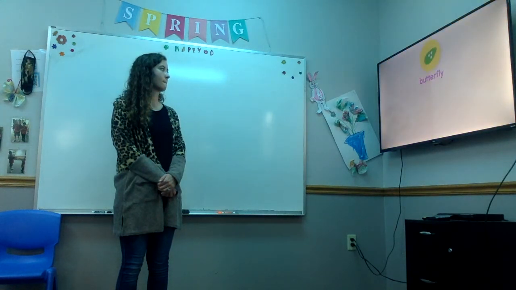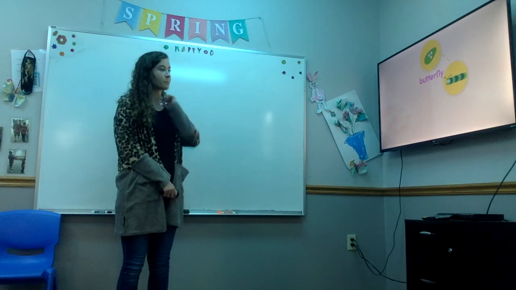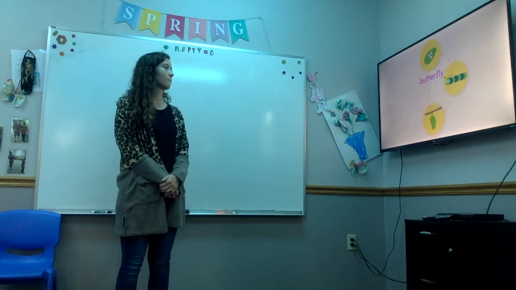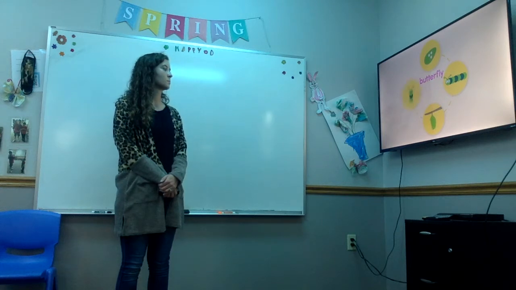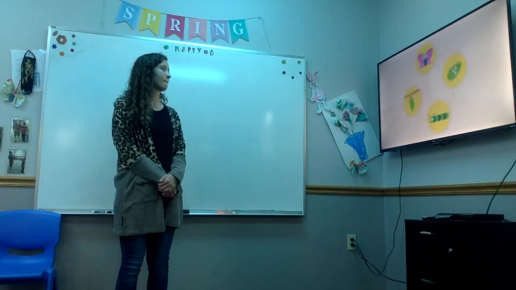An egg hatches and becomes a tiny caterpillar. This is called a larva. It grows bigger and bigger. It forms into a pupa, also called a chrysalis. And inside it will be starting metamorphosis, which means it's moving and changing all of its things and turning into something else. An insect with wings. A butterfly comes out looking for a mate, and then it lays more eggs and it starts all over again.